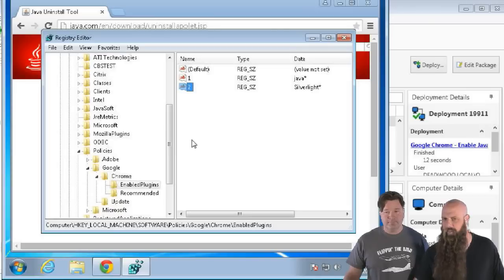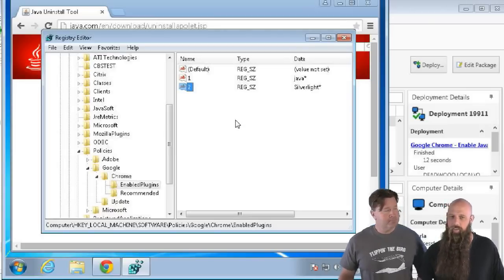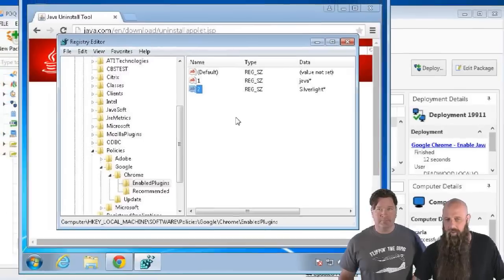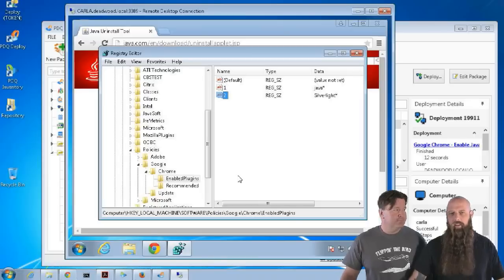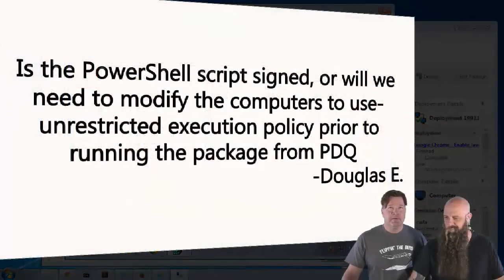That's kind of how that works. You just have to go find the name of the plugin, and if you don't want to specify the whole thing, then obviously you can use wildcards: splat for everything, and question mark for one character. We've got another question. Is the PowerShell script signed, or will we need to modify the computers to use unrestricted